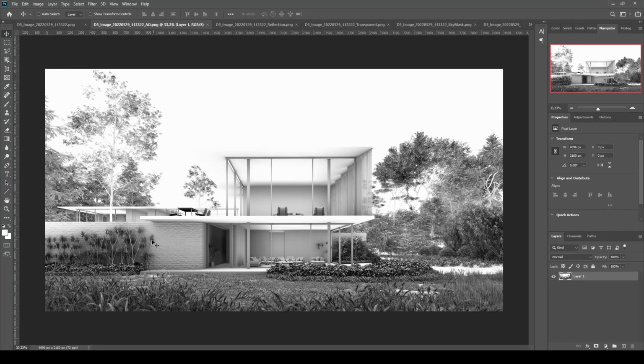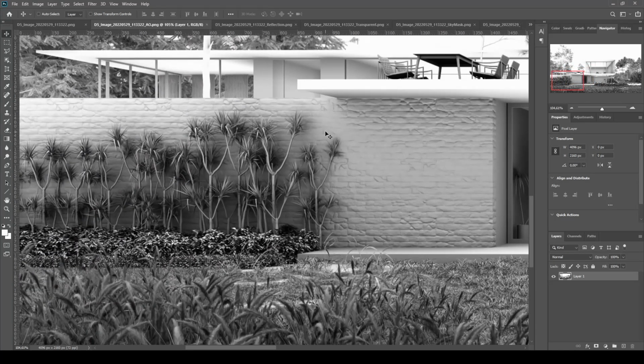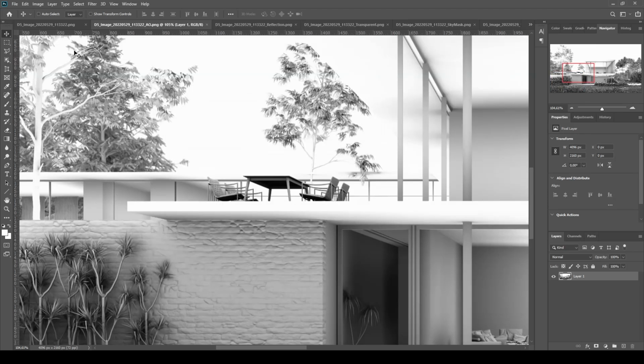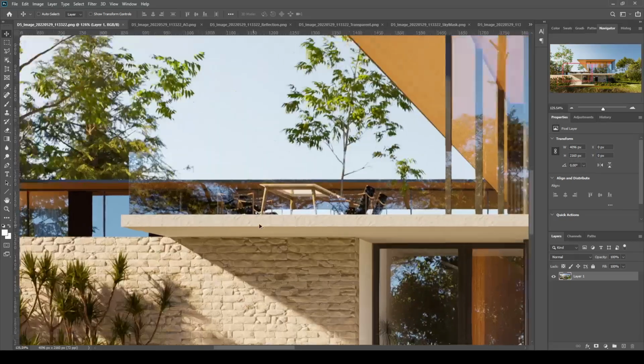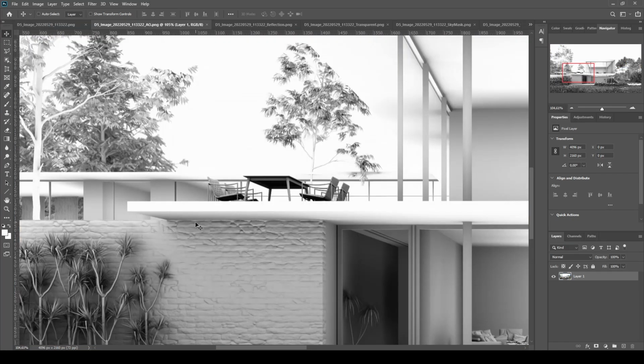This is ambient occlusion. If we get closer to that, we can see some shadows near objects. In real life, objects can produce shadows like this, but they are very bright. Sometimes we cannot see them. If we compare this render with the basic render, under the table we cannot see any shadow here, or between the brick and the ceiling we have no shadow here. If we go to ambient occlusion, we have some shadow. As you can see, this area is dark, this area is bright.